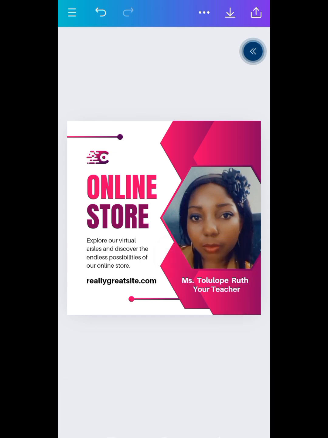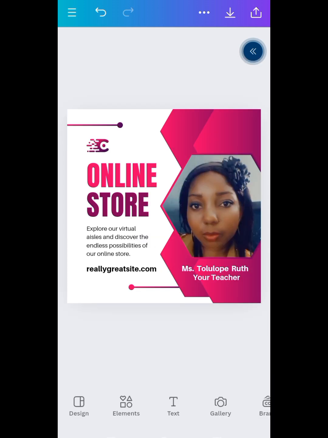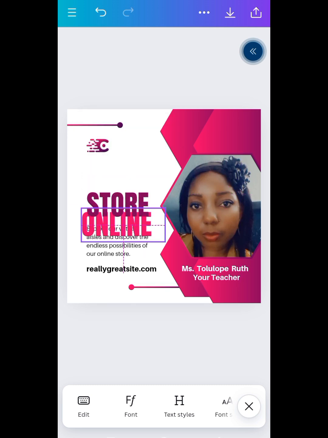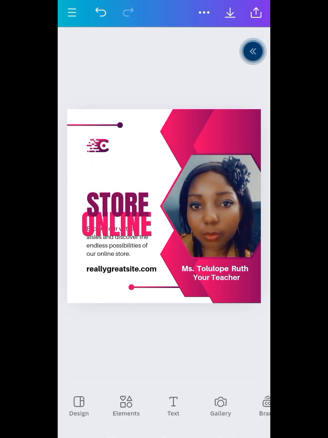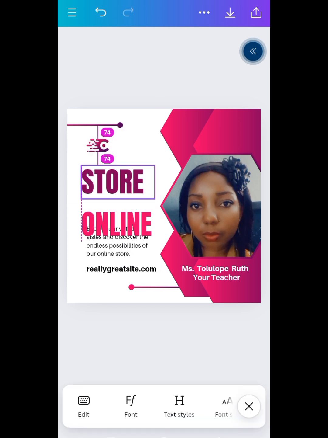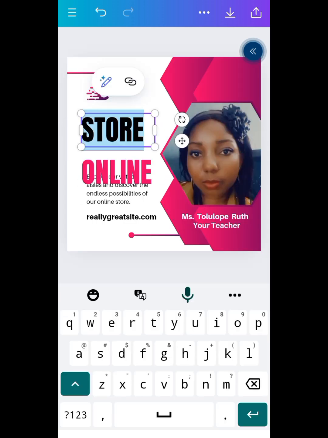Then I'll come up to start working on writing the body of this flyer. So I'll be starting up with this online first of all. I like the online, I like the color, so I'll be using it for online actually because it's an online class. So I'll bring it down and then take that store up. I'll have to take that store up and use it to type. I'll edit it actually by typing business studies